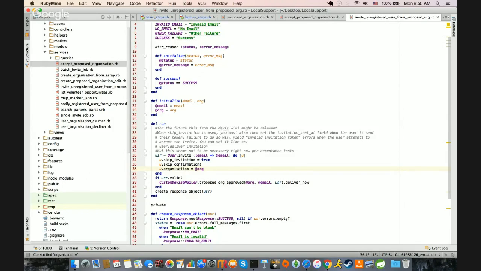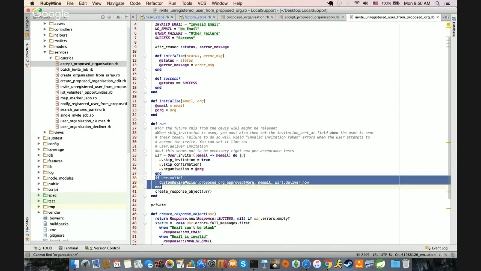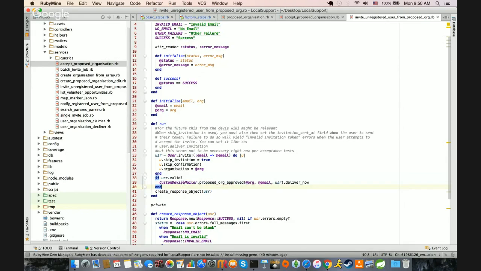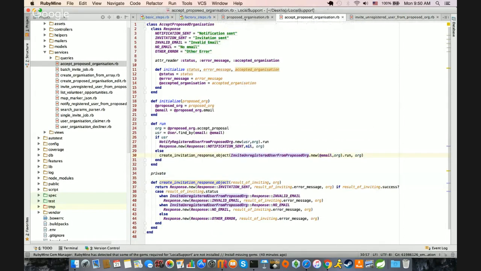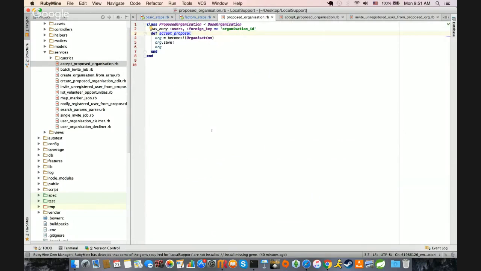So I guess if we switched it, go back to the previous service. If this accept proposal, instead of trying to save bang the org, just saved the org, we could then check here for any org errors, and then create the appropriate response object and pass it back up. Do you know what I mean? Or we could